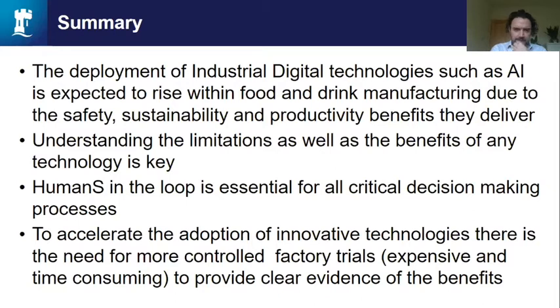Humans are absolutely key, and I think with some of the more complex sensing problems, as chemical and process engineers, we always want closed loop control systems and everything doing it autonomously. But I think with some of these decisions, we need to keep the human in the loop as well. The sensor provides some information and says to the human, what do you think? You make the decision. And to accelerate the adoption of these technologies, I think we need more trials in